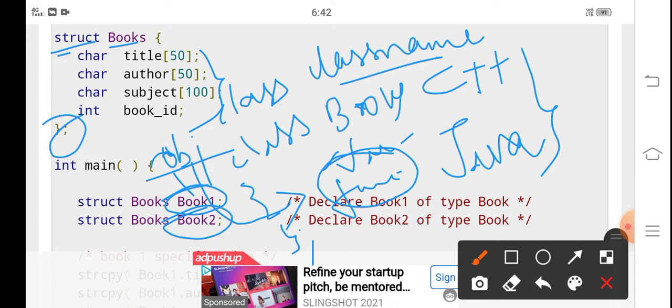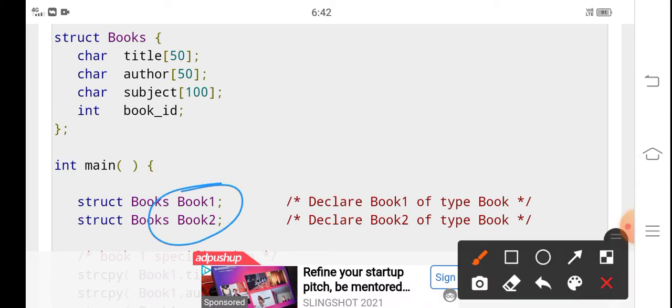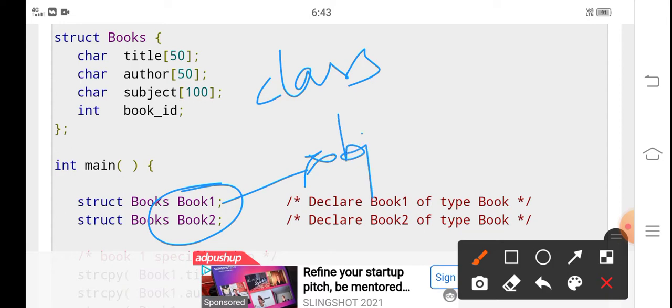In structures we call them structure variables, but if we write it in a class we call them objects. These objects are used to store and organize the data.